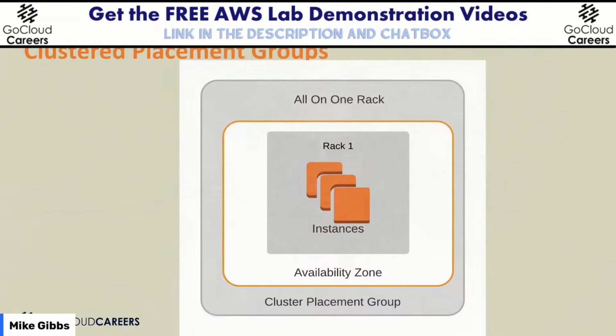Single rack, lots of stuff to go wrong. Switch fails, the entire rack is dead. Primary server fails, it's got half of your virtual machines. I mean, a memory or a CPU failure or a hardware failure, poof, crashed. You got nothing. But if you really need the best performance and you squish all your stuff in the same rack or the same server, you're going to get it. So that's what a cluster placement group is. All your stuff in the same device.